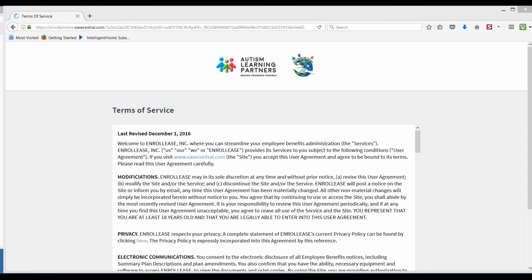By now, everybody should have received an enrollment link in order to be able to go in and take a look at their benefits and decide what they want to do for their dental and all of their ancillary benefits for this year. This is a really good opportunity to go over some of these benefits because some of you may not even have had this offered to you in the past and may not even have coverage like this.